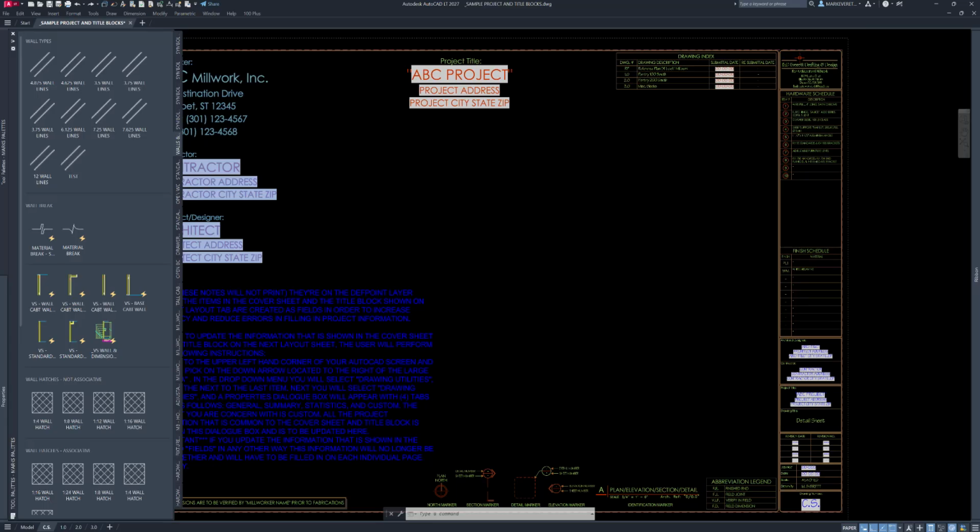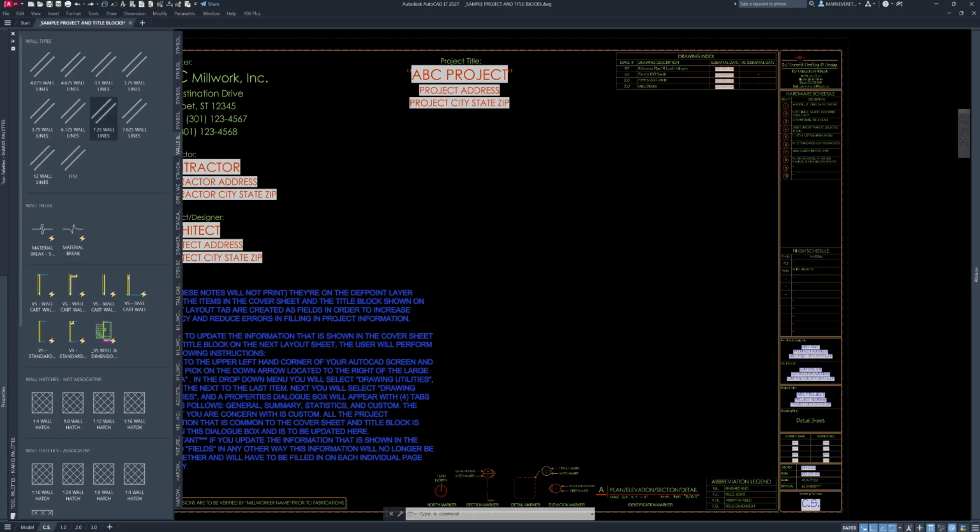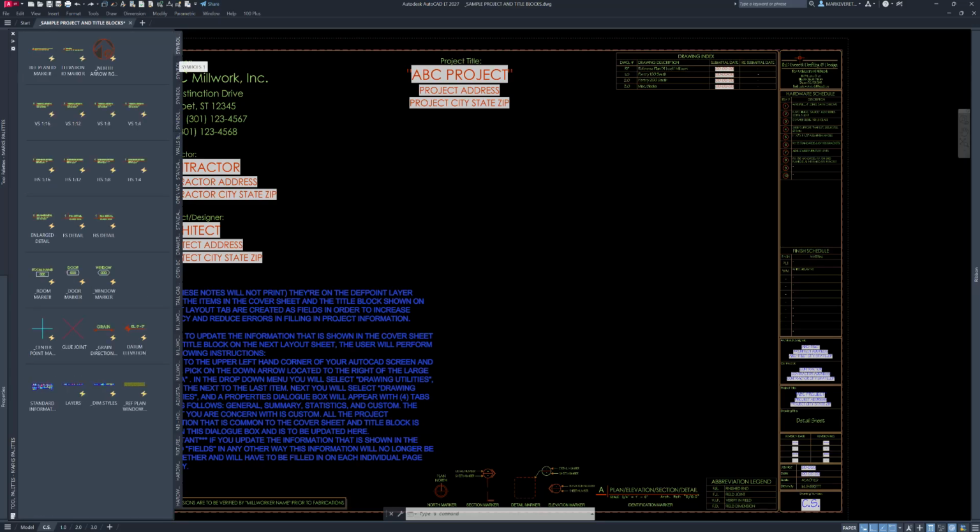Not that I don't utilize that sometimes. However, this is very helpful when you want to just rough out a bunch of walls at specific widths. And then there's some sections that go along with that, and then some hatch patterns too. So starting with the symbols here,